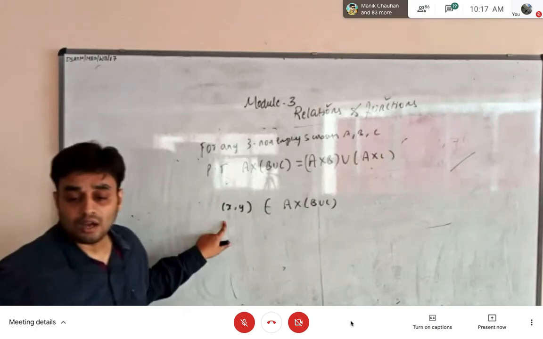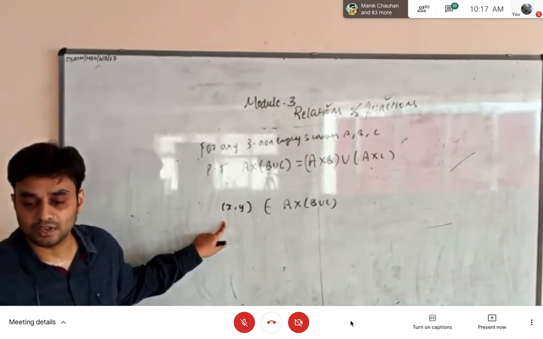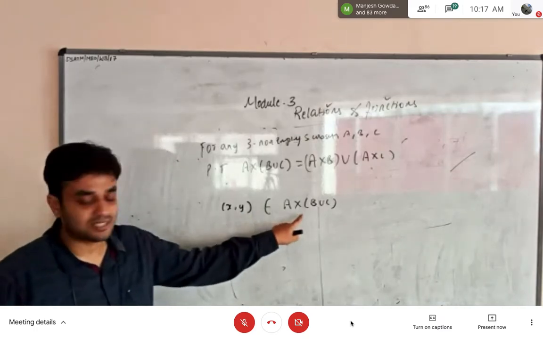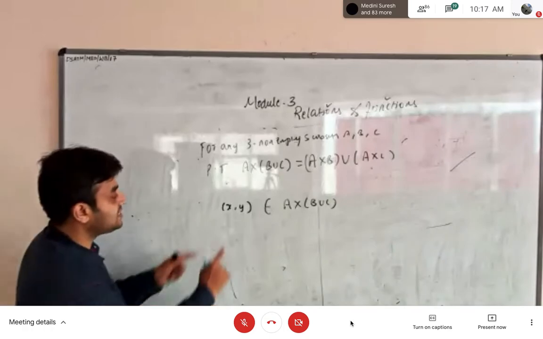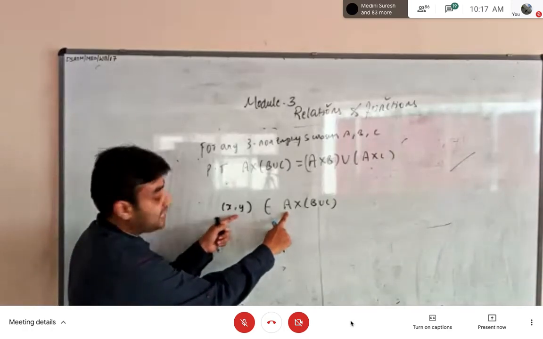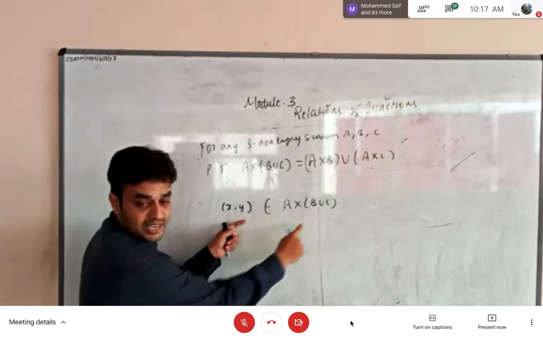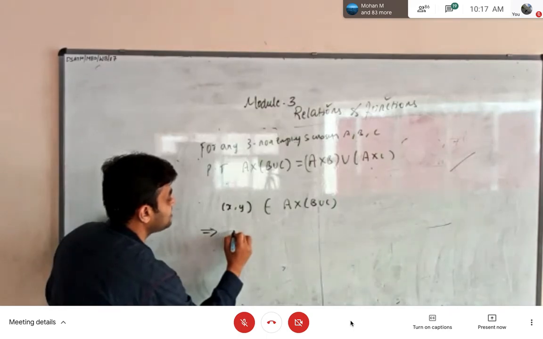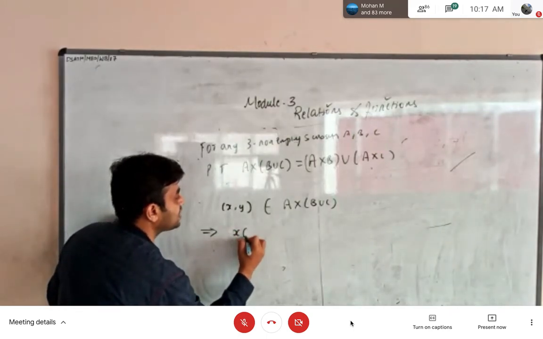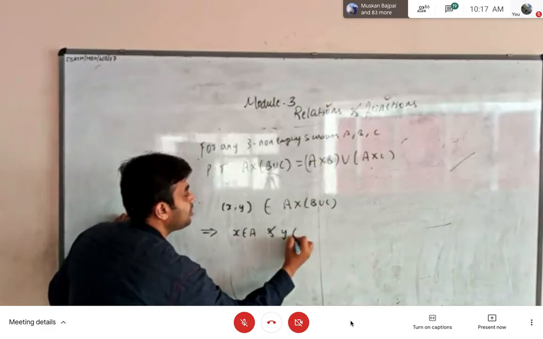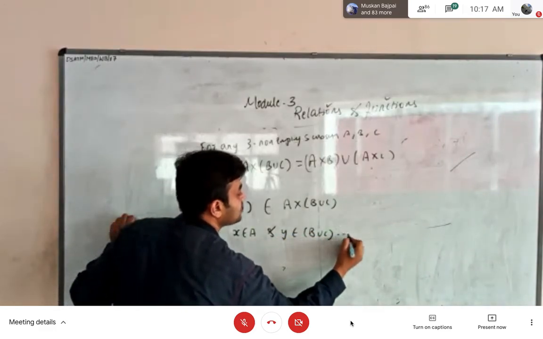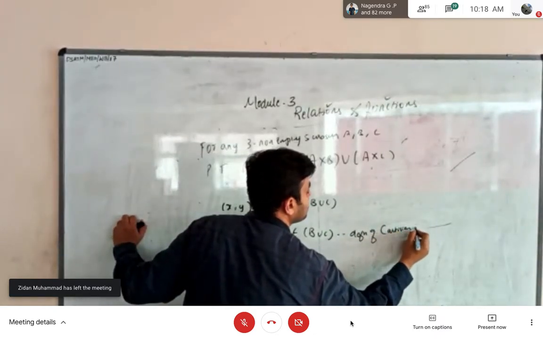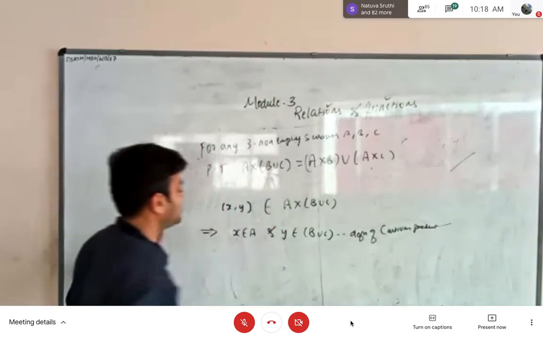Okay, so now I have already taught you the definitions of union, cross product and all. So based on those definitions, can you elaborate this? What is the meaning of this? The meaning of this is the first element belongs to the set A and the second element belongs to B union C, right? So when you elaborate this, this can be written as, from the definition of Cartesian product, this will be equal to X belonging to A and Y belonging to B union C. This is from the definition of Cartesian product.